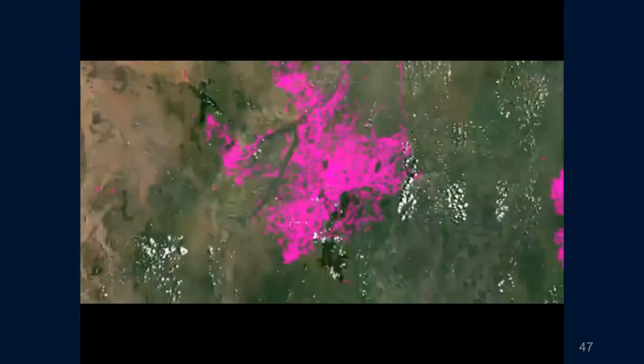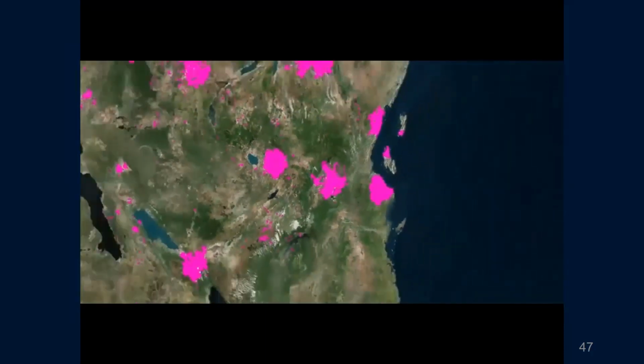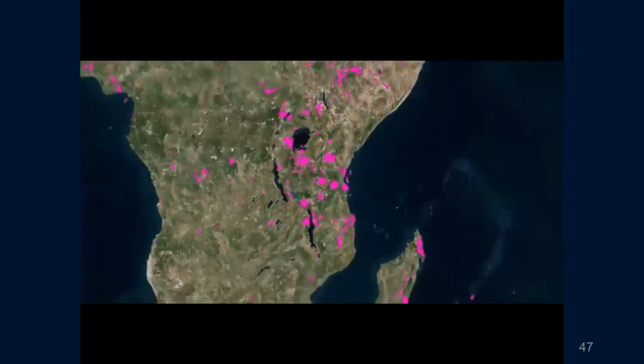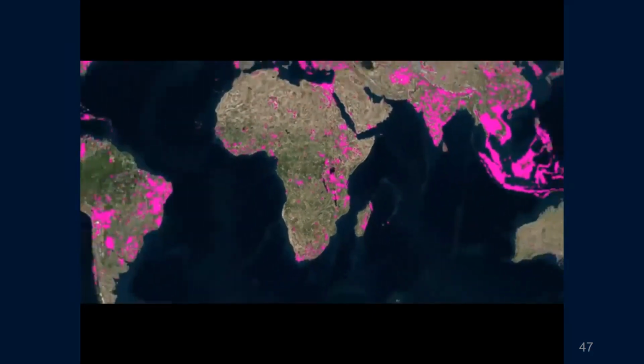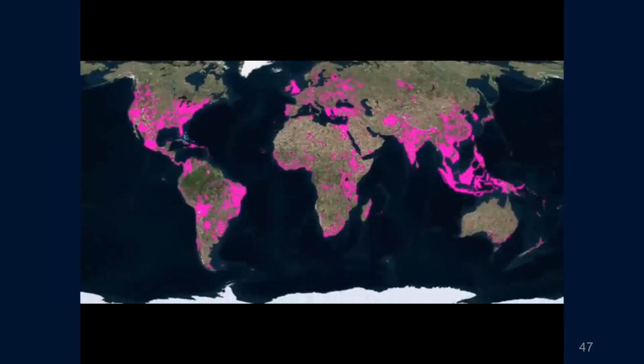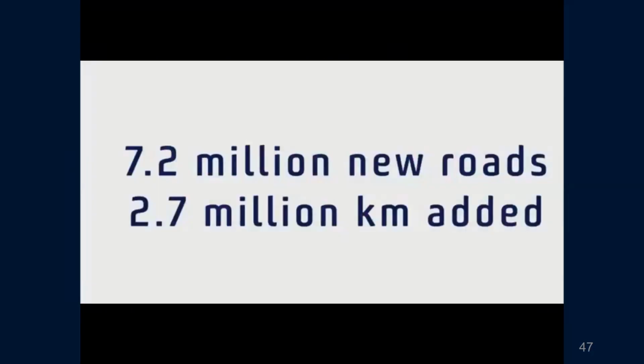As we zoom out, you can begin to see the scale of the mapping going on around the world, where 7.2 million of new roads have been added to the map so far. Next slide, please.